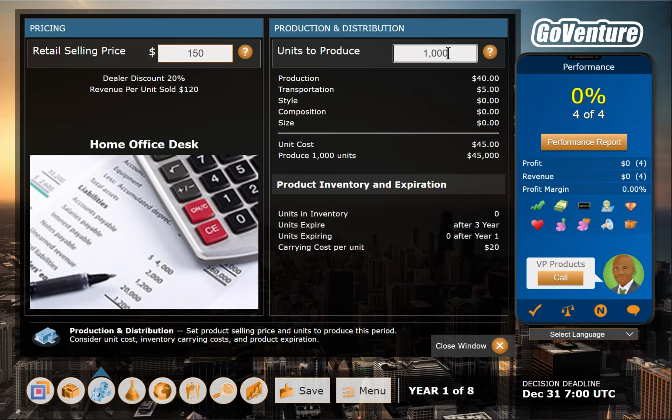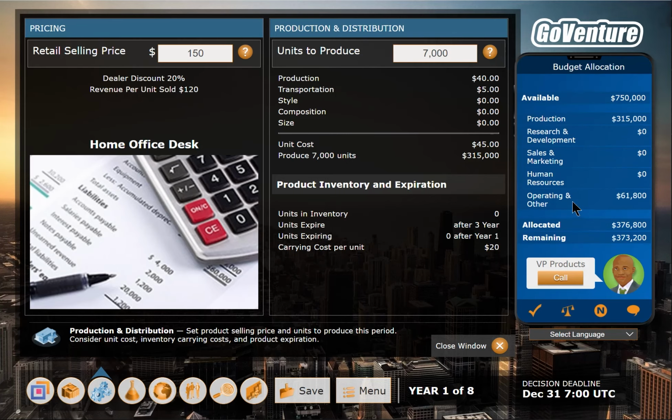So this is a very difficult decision, and the what-if calculator we looked at earlier can help us do some of that forecasting. The market reports that we looked at earlier can also help us identify how many desks we think we might be able to sell and at what price. I'm going to enter 7,000 here for now. And you'll notice the total costs are automatically calculated. And I have to keep in mind what my budget is, so I can use my smartphone to help with that, because there's a little budget app icon here. And you can see as I'm spending money, the remaining budget will appear in the list. So that's what we're going to enter here for production and distribution.